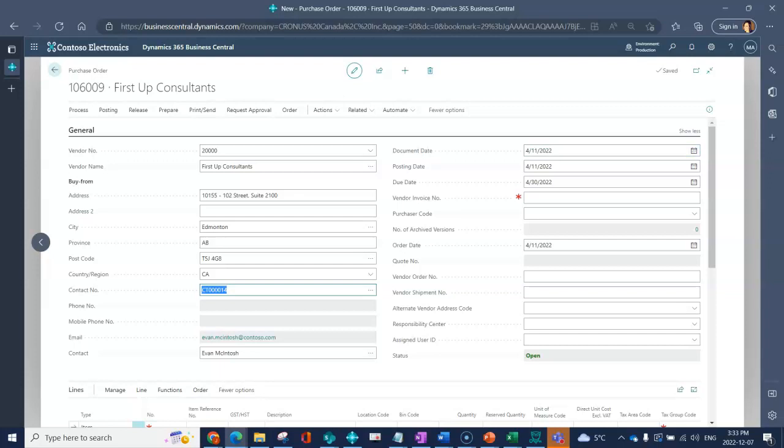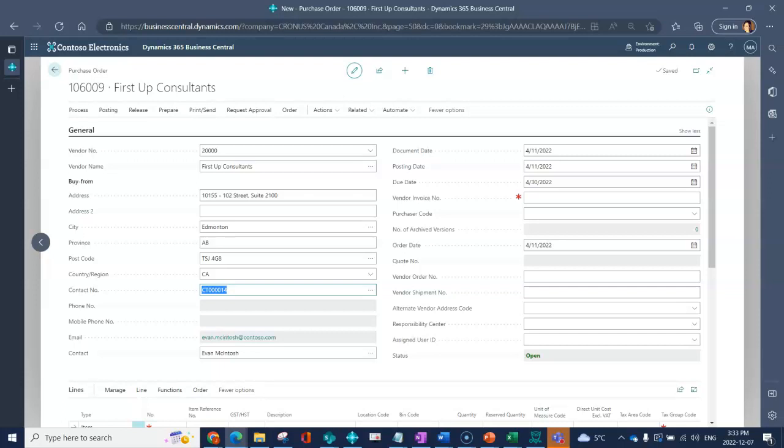I have a document date. So this references the date that the document was created inside of my ERP system. I have a posting date. So this reflects the date that I would post a receipt or post an invoice. So this is actually not relevant at all when you're creating a purchase order. Due date, this is misleading. This is the due date for payment prediction. So this would be if I were to post this purchase order today, when would I need to pay the